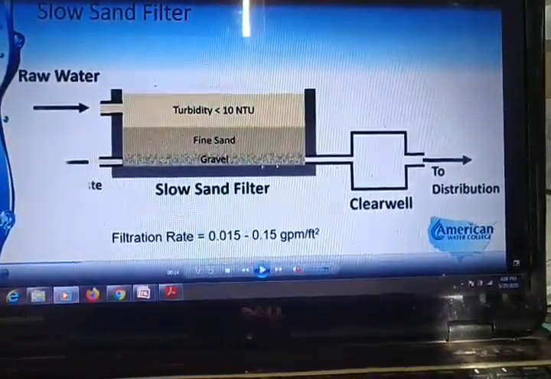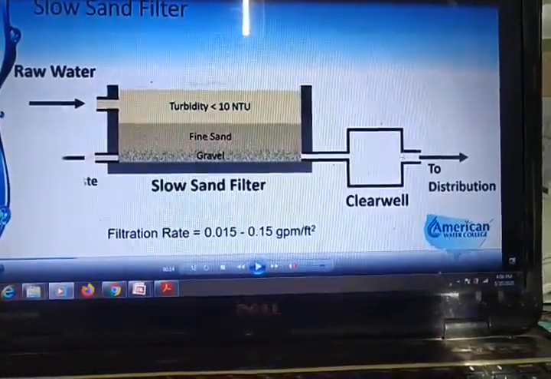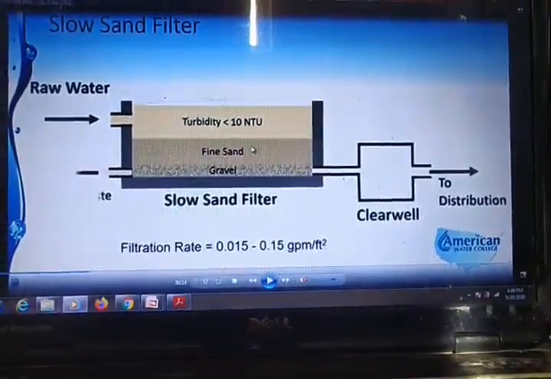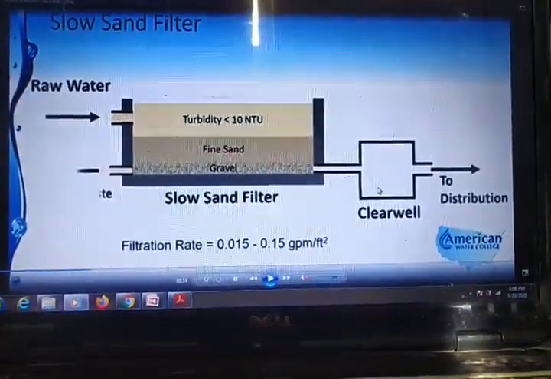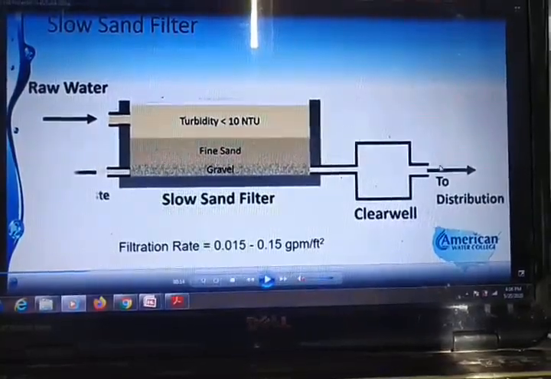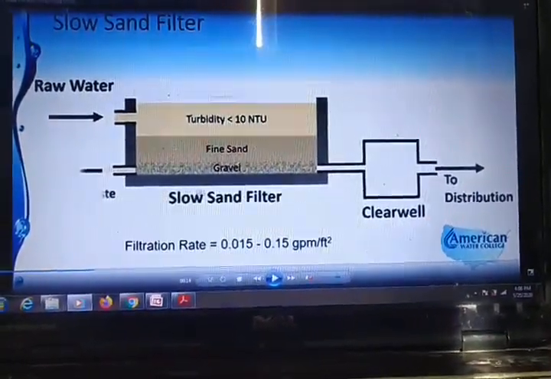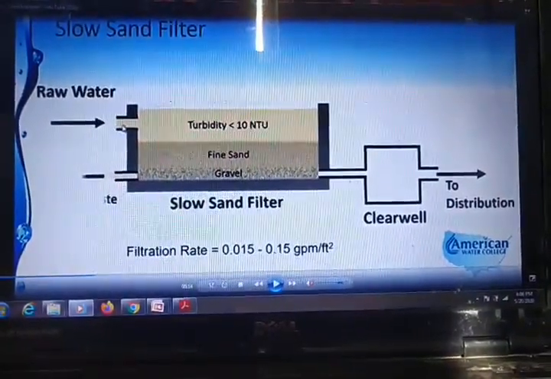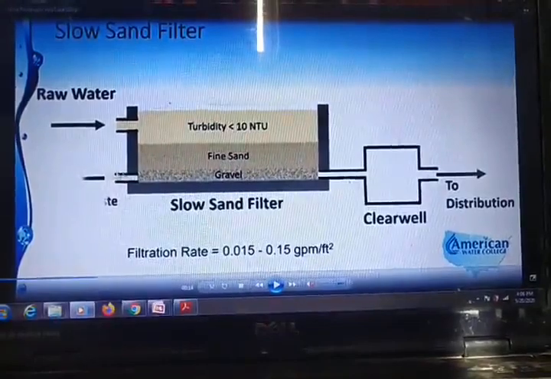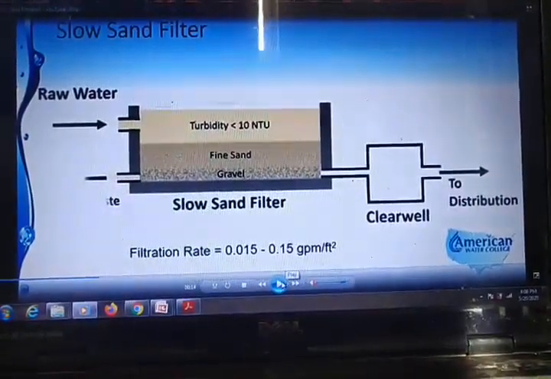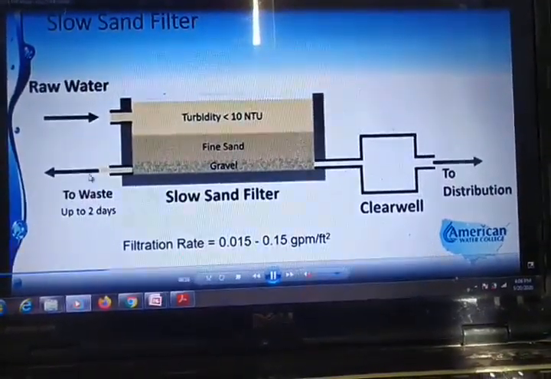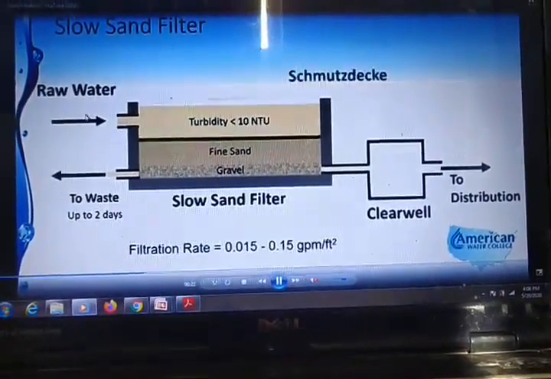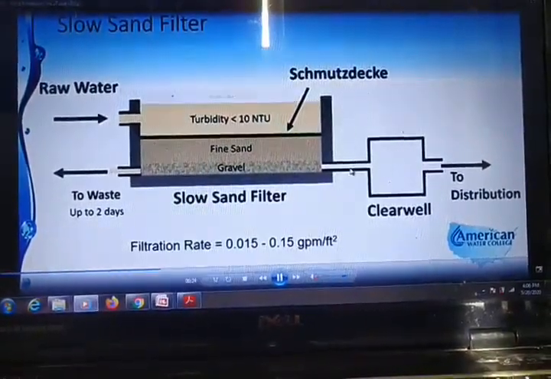In the absence of an under drainage system, the water is sent to the clear water tank and then to the distribution. Here this is the filtration system wherein the under drainage system is located next after the clear water tank, or else you can also locate the under drainage system below the gravel layer. This is the raw water inlet, that is valve V1, and this is the outlet, valve V2. The waste is cleaned after every 2 to 3 days.